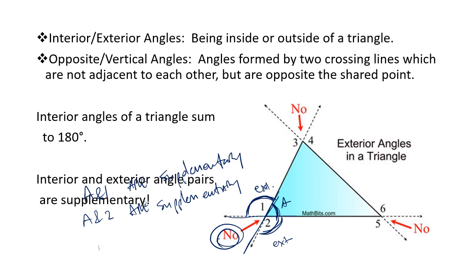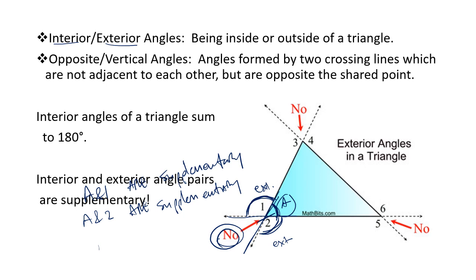And that's because this angle here, we'll just call it angle no, is not supplementary to A. It doesn't form a straight angle to A. Some of you who have seen this sort of thing before might recognize that A and no are actually what we call vertical angles, and they're actually going to be congruent to each other. So these are congruent, they're vertical or opposite angles to each other. And so those are actually going to be congruent.